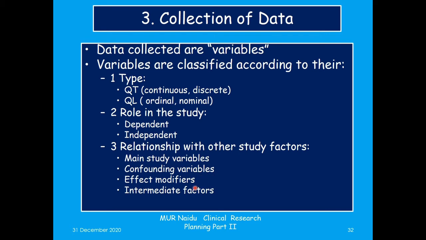Then there are some effect modifiers. During the clinical trial, there are so many changes occurring during the study period. These may also affect the output of the clinical trial. They are known as effect modifiers. And then there are some intermediate factors which also may play a role in the collection of the data. So one should be very careful in making necessary arrangements precisely for collection of the data, to avoid most of the variability which is coming in the clinical trial.